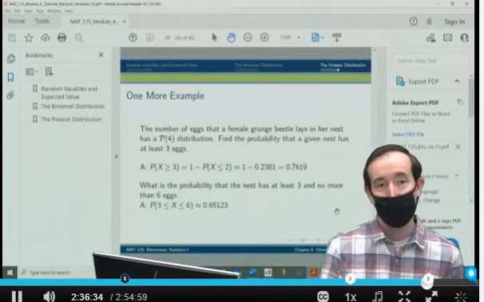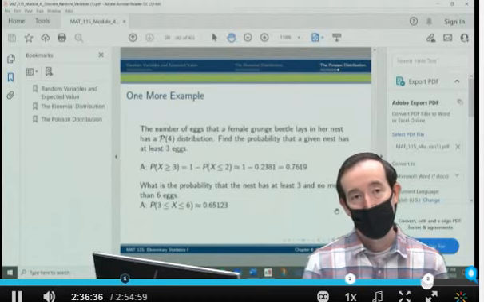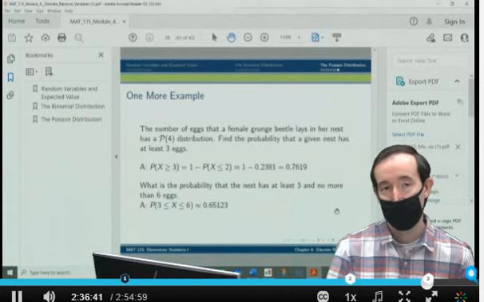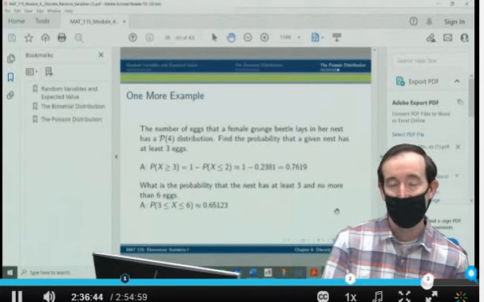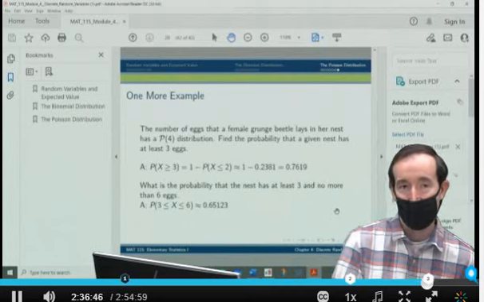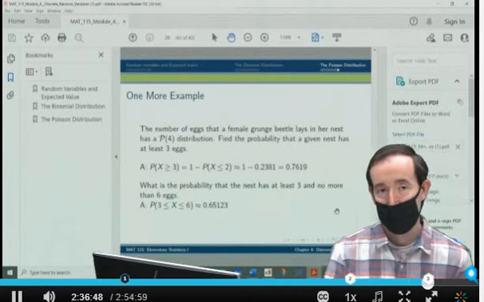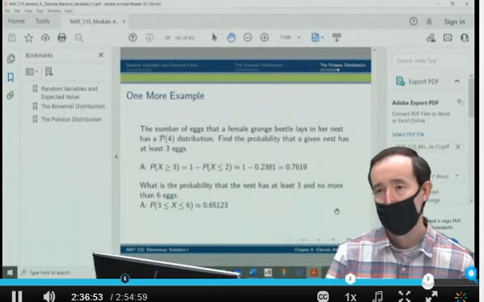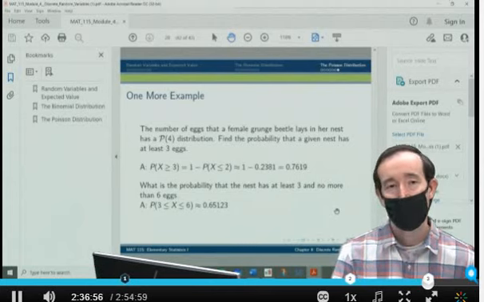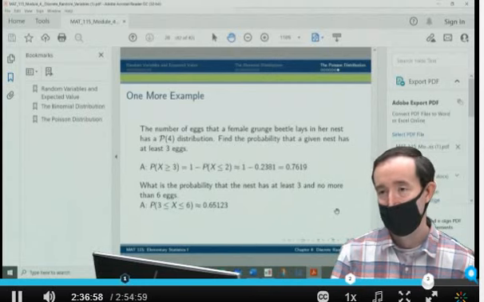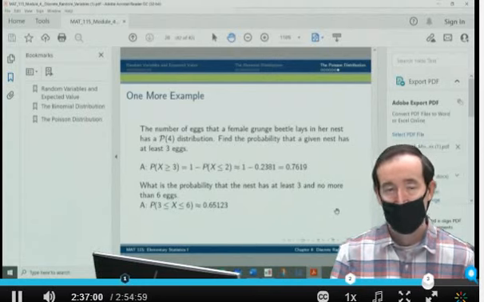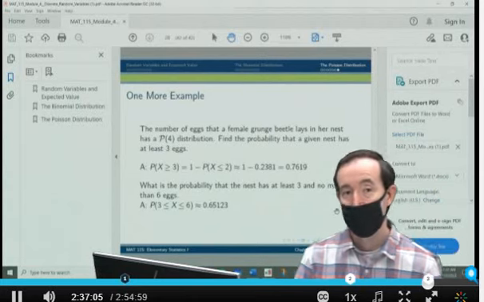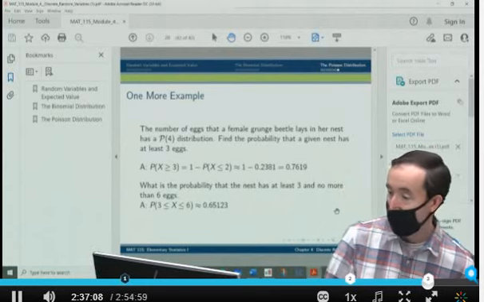In all of these cases, at least in the binomial and the Poisson cases, I would strongly encourage you to use Bogner's calculators for those calculations. If you have a TI-83 or 84, they will do binomial distribution and Poisson distribution calculations. You need to do, I think it's second and I think it's 5 for the distribution menu. And inside of there, you'll find Poisson and binomial as options. It will do the same calculations for you. It doesn't quite do the visuals that this does, but again, if you have it on hand, it can be useful that way too.